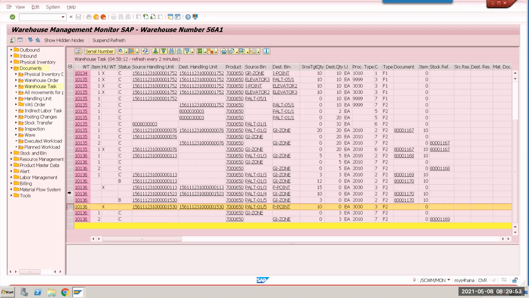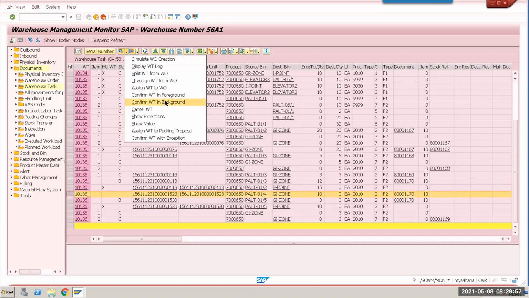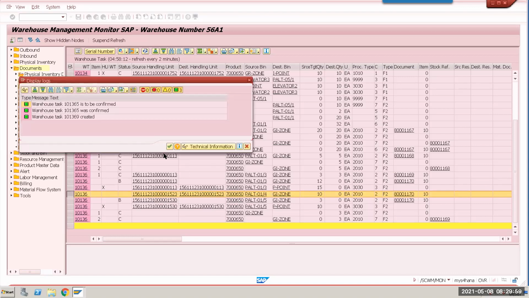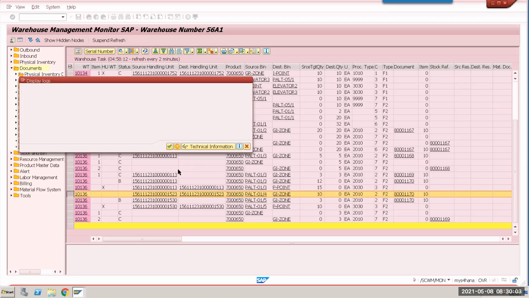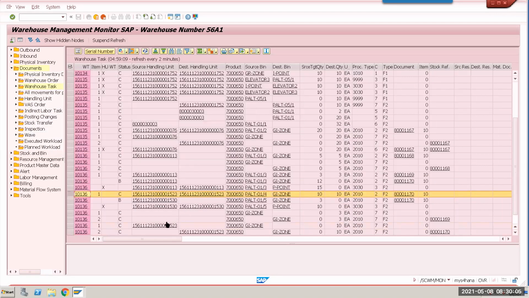I'll complete this one first. GI zone 10 pieces. Okay. Now 10 is completed in this. And then I have one more to the pick point, 10. Where is the other 10?